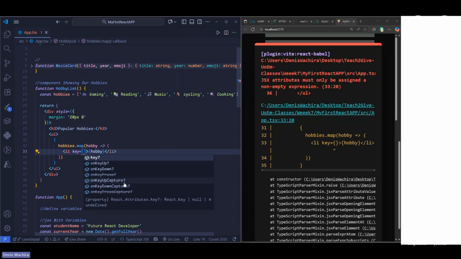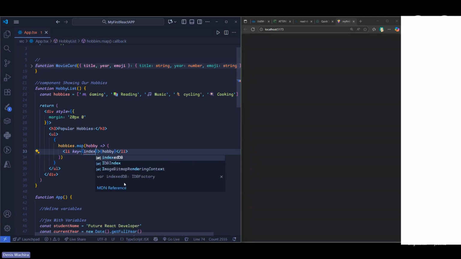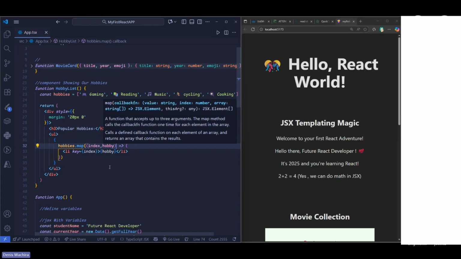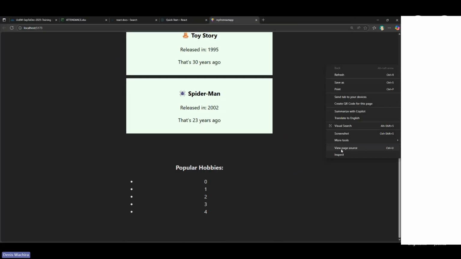So we can pass index to be our key, but we need to also render that in our map. So by doing this, we pass index, comma. That is the two things we want to pass, then the index. With that, if we check our application, inspect,